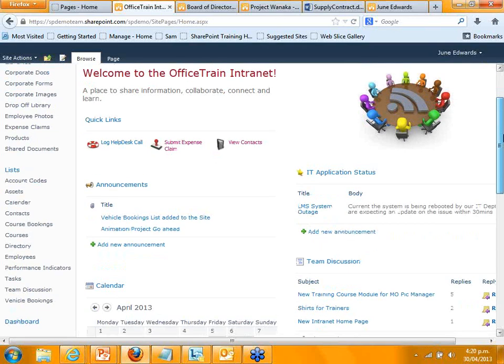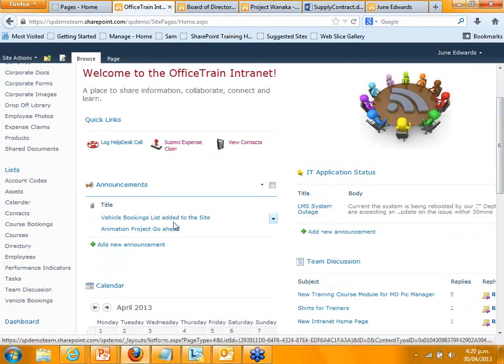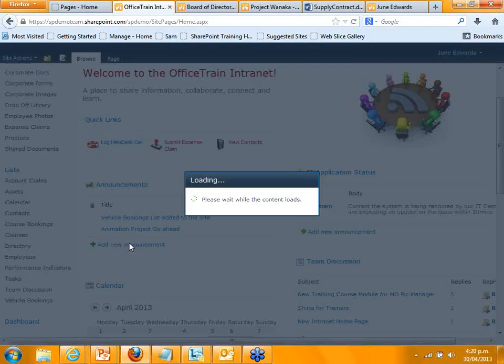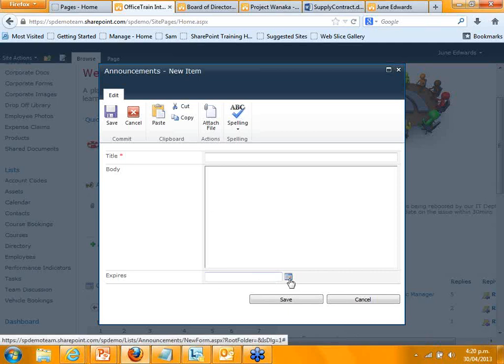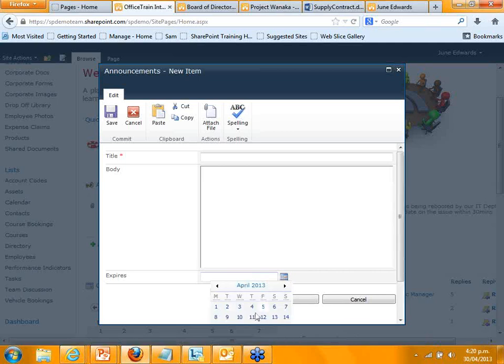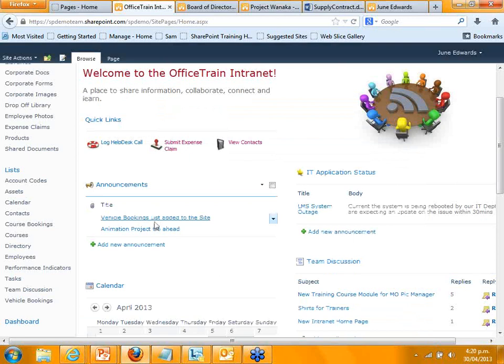The types of things you'd expect to see on an intranet are things like announcements. People can actually go ahead and add their own announcement, and you can have all sorts of approval on these sorts of things. You can say, well, I only want this information to be visible when it's been approved. So you could have approval set up so that one person in your company approves it, or you could just let everyone add their own announcement. People can also add an expiry date, and what that means is that it'll disappear off this front page as soon as the expiry date comes up. So it's nice and easy for people to manage.